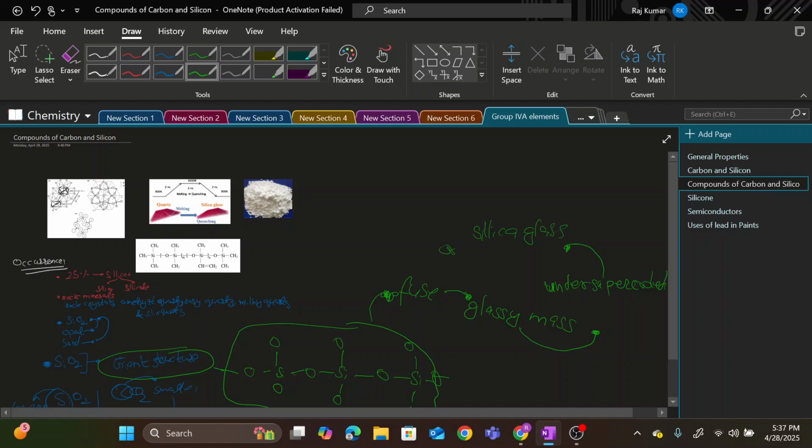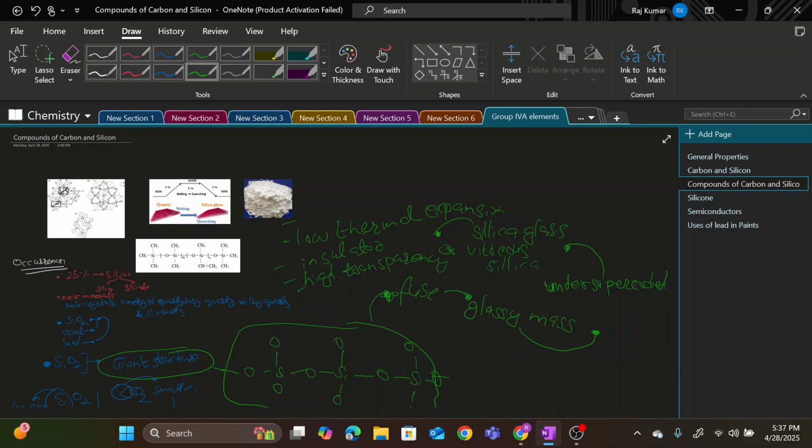or vitreous silica. Now, if you talk about vitreous silica, it has a lot of benefits. Number one benefit is its very low thermal expansion, due to which it is a good insulator of heat, and it has high transparency. High transparency, low thermal expansion, an insulator of heat, and